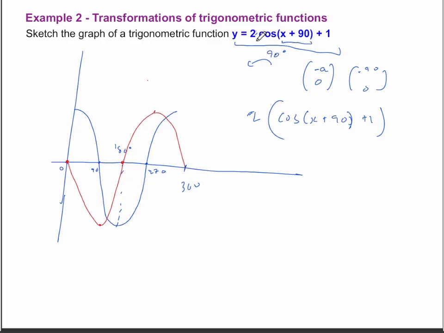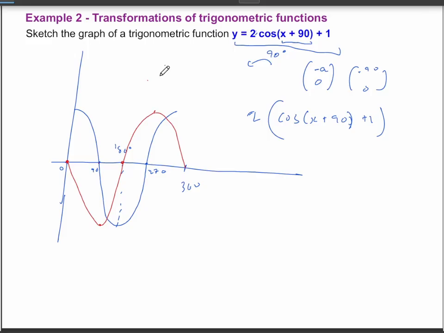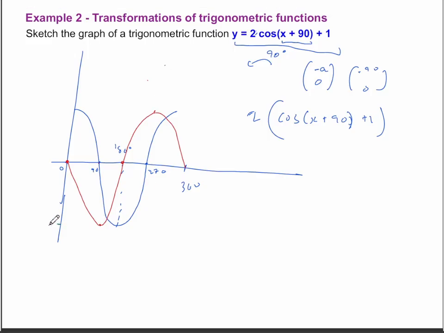Then we want to multiply it by 2. And when we multiply by 2, we are stretching it in the y direction because we're multiplying the y by 2 and not the x. And so every value of y just doubles in size, right? So if it is at negative 1, obviously this is a negative 1, and this is positive 1. If it's at negative 1, it will go to negative 2. If it's at 0, it remains at 0. If it's at 1, it goes to 2. Right? And so the new curve we would get is something like this,